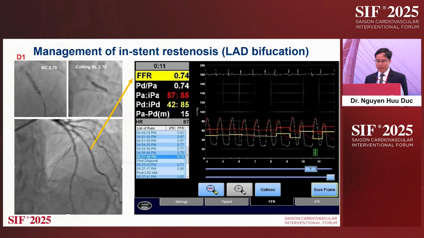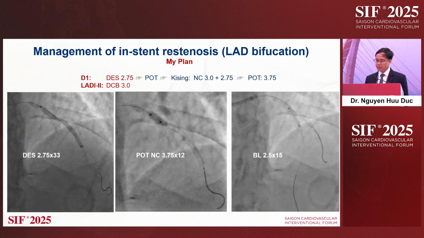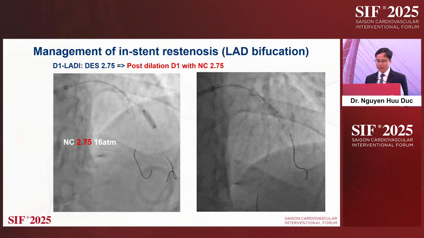So my plan is I will push a stent there. I do a 2.75 by 33 stent, do POT, and then open the LAD, do kissing post-dilation. At that time, I used the NC 2.75 for post-dilation for D1. You can see here. But suddenly, when the balloon went to inflation, the patient had chest pain, pressure dropped, and I